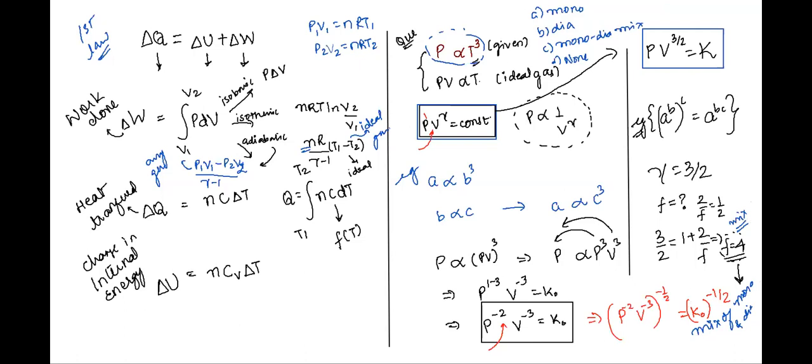Excellent, Karuna. Excellent. Class, in case you have written all of this, just raise your hand if the question is clear to you. Karuna, is the question clear to you, by the way? Yes, sir. Okay, great. Class, please raise your hand if the question is clear to all of you. How did we go about it? We were given a relation between pressure and temperature, and then we translated to different relations, and finally reached this form: PV to the power n is a constant.